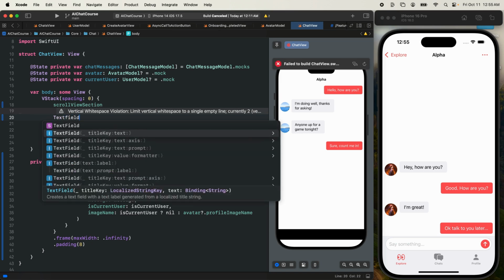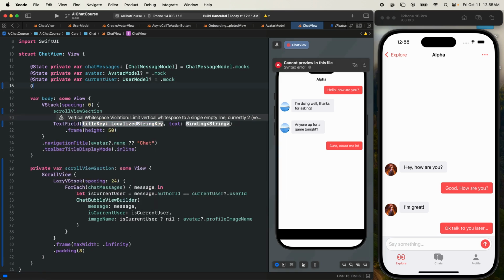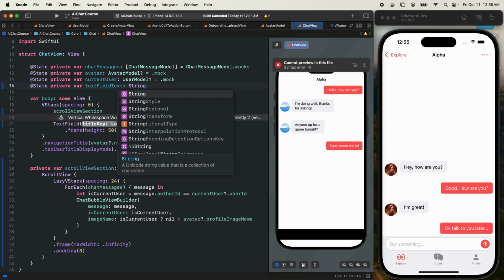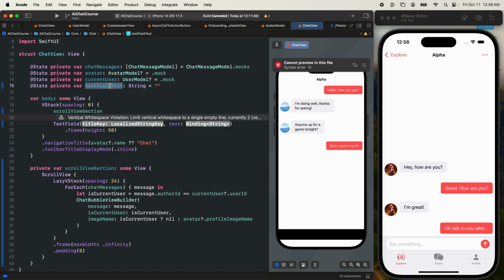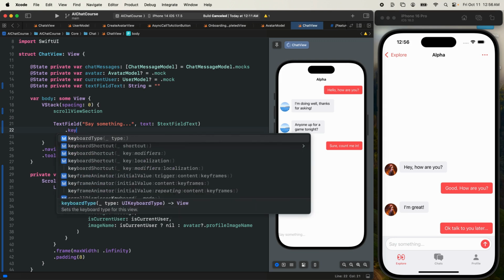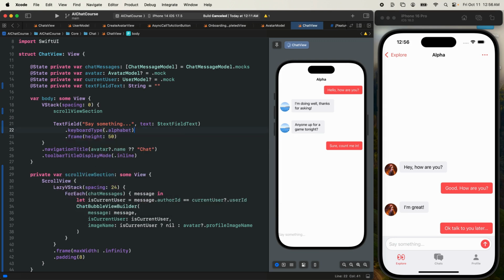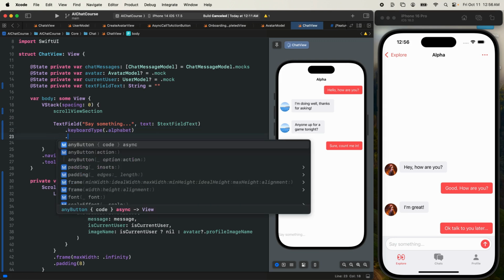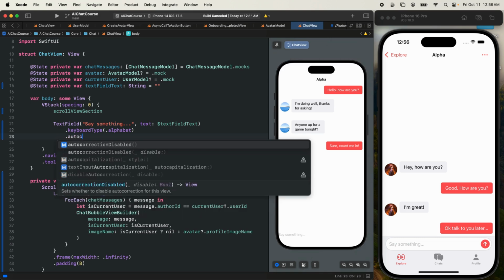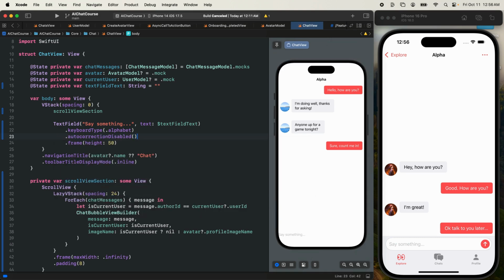We're going to need, let's just do the first binding. At the top, we'll do an @State private var. We'll call this text field text of type String, and set it equal to a blank string to start. Let's make the placeholder say something, and we will bind to the text field text. Let's give the keyboard type of .alphabet just to be explicit, and let's disable the autocorrection. So autocorrection disabled, and I'm going to get rid of the frame height of 50, and let's just add a